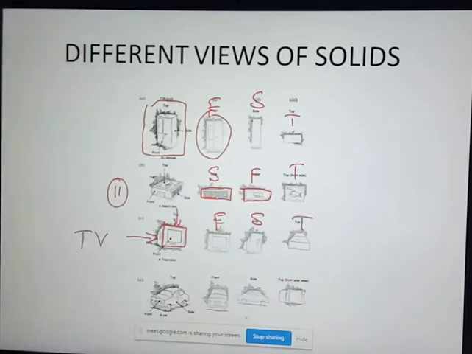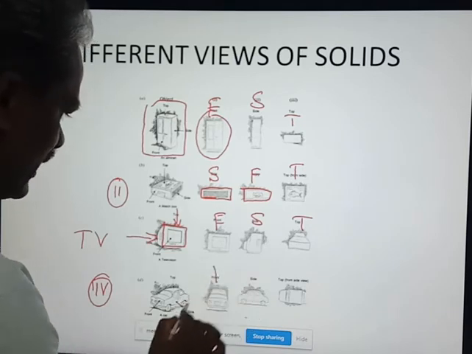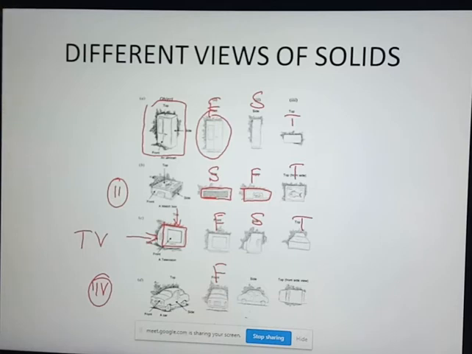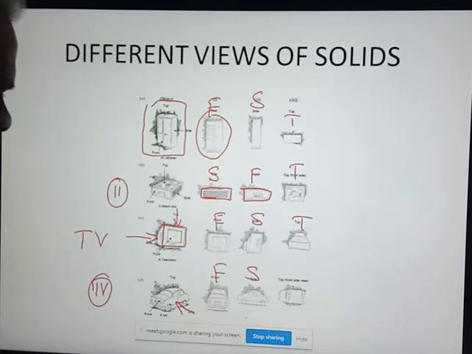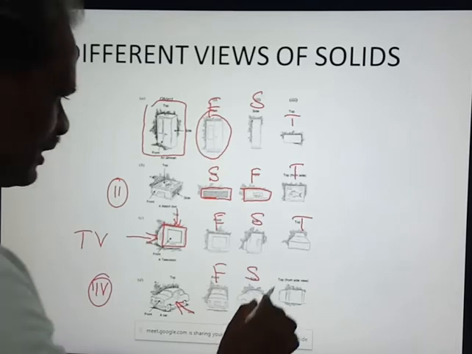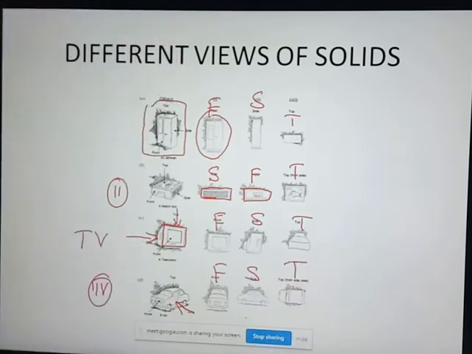The last one, the fourth diagram, look at this, we have a car. From the front side, if you look at the car, you can see the lights, headlights, and we can see the glass of the front side, the glass of the car. All these things you can see, that is the front. When you look at the side of the car, this is the side view you can see here. From the top, if you look at this, this is the shape you are getting, the car. When you look at the object from the top, that shape will appear.